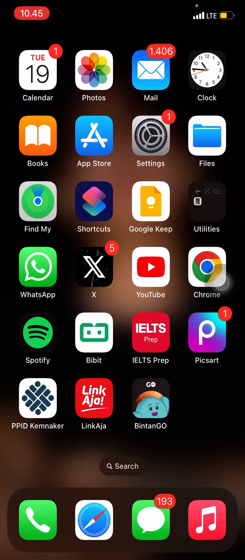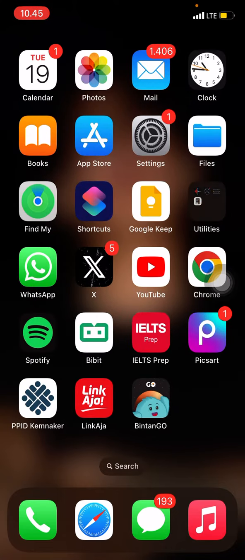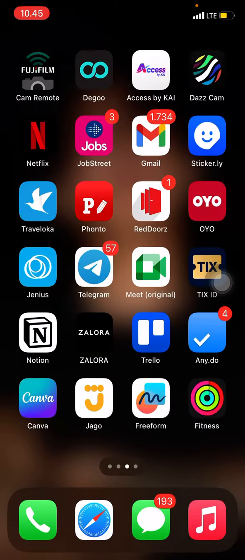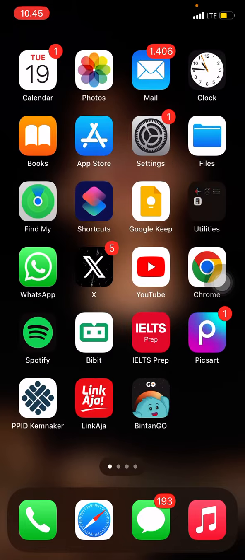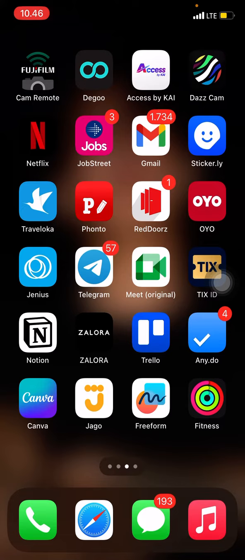Today I want to share a tutorial on how to find a hidden application on your iPhone. Here I already have my iPhone open and we are now on the home page, and I want to look for a Facebook application. Let's take a look at our home page here. There is no Facebook application, but I'm pretty sure that I already installed my Facebook application